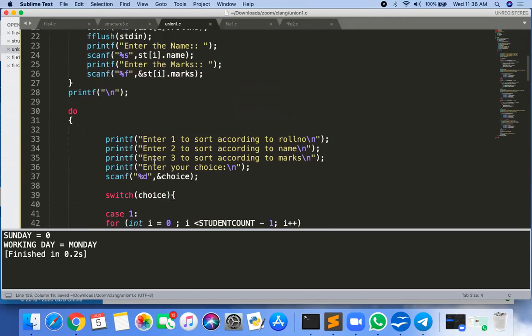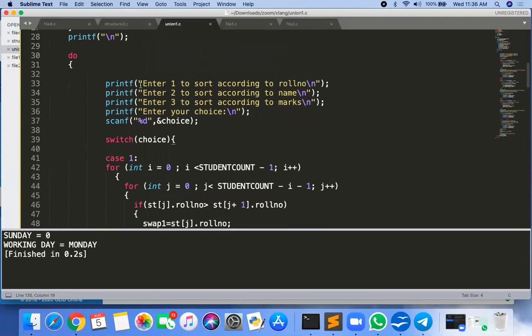Okay, so this: I enter 1 for sort by roll number.